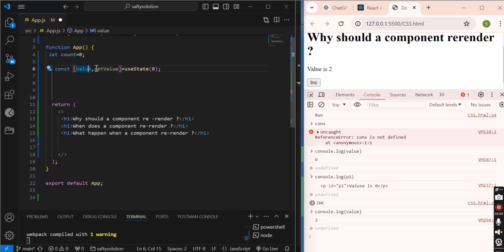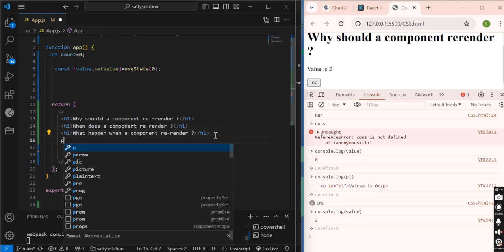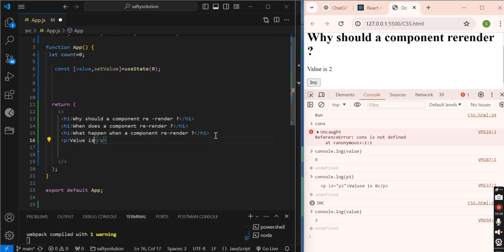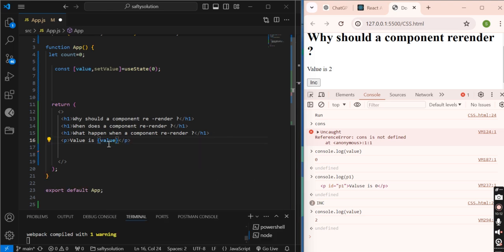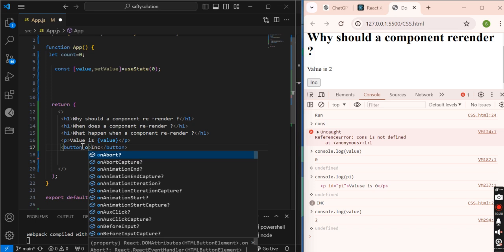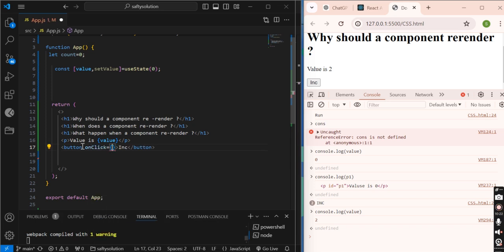This is the value, and whenever we want to change that value, we use its setter method. Here we are using JSX: a button, "Inc" meaning increase, and on click event, handleClick.